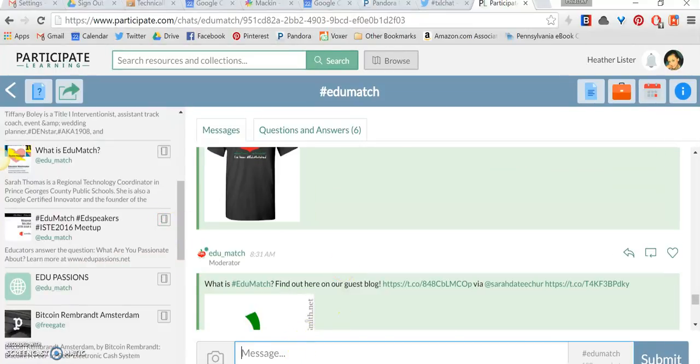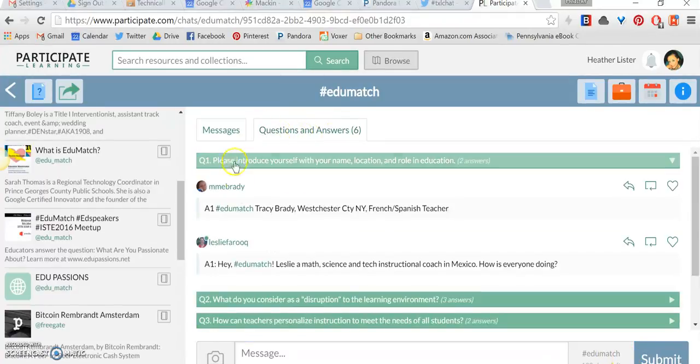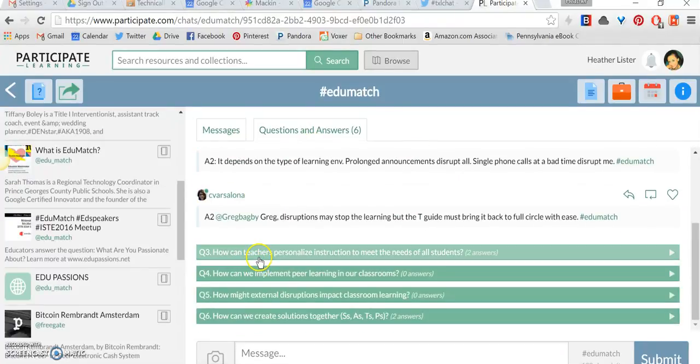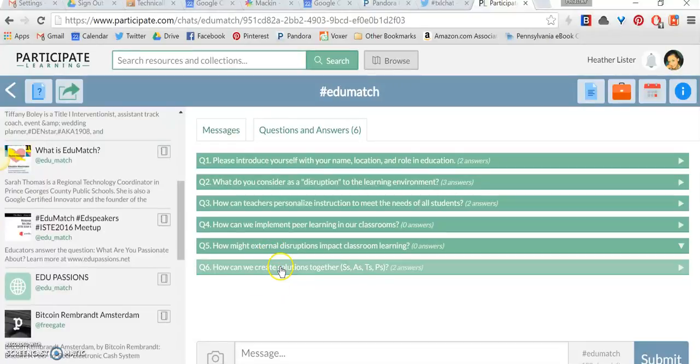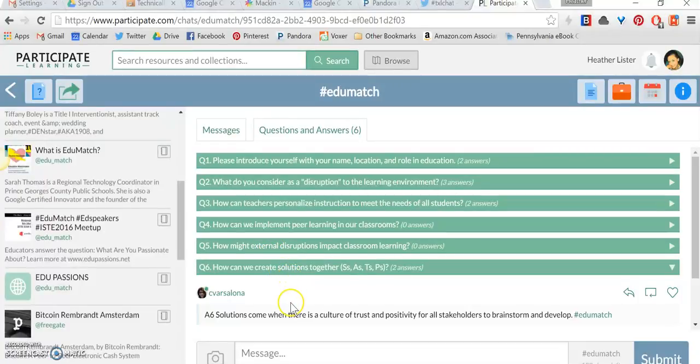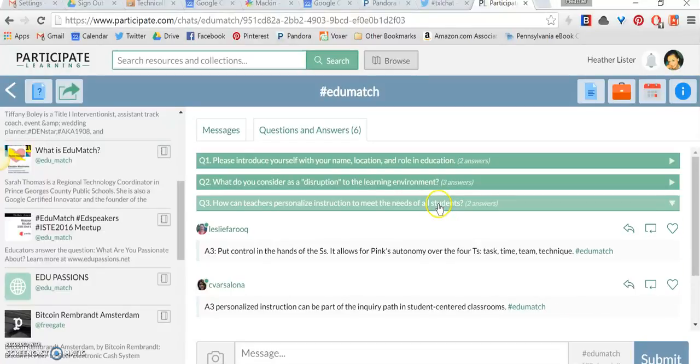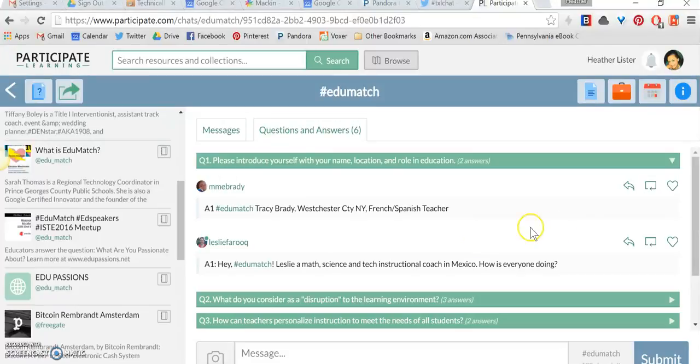But you can type your message here. The hashtag is already added. But then if you're not quite sure what the questions are, you can just hop on here and they are highlighted for you. And then if you click on them, you can see the responses. They just expand. So this one wasn't a super popular Twitter chat. Some of these didn't get answered at all. And that's tough in the summer. But that's a really easy way to keep track of it too. You can also reply, retweet it, and heart it, favorite it, participate. So that's a really, really good resource to use.